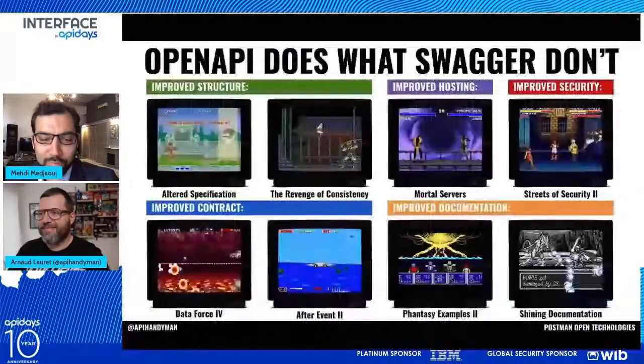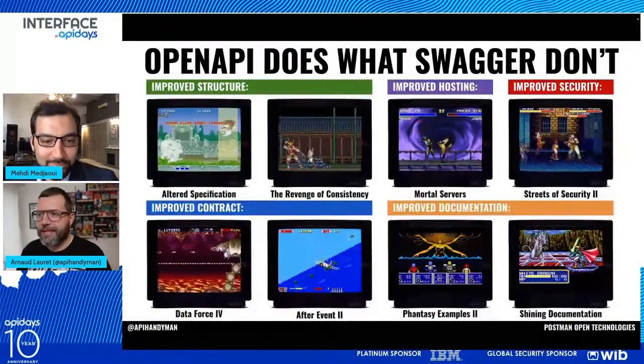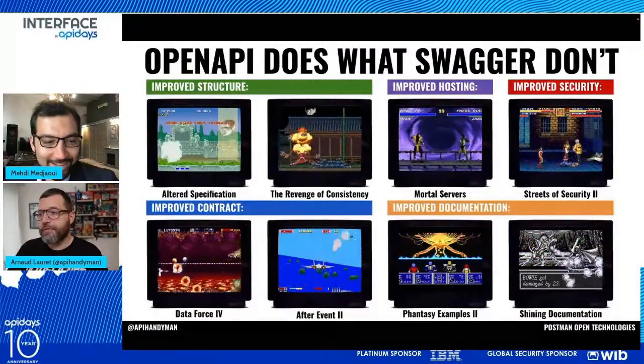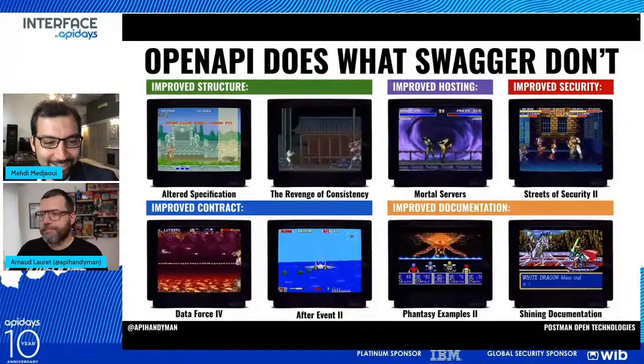So now we'll have this discussion about Open API specification. Yes, but which one? We will have Arnaud Loré on stage talking to us about Open API 3 does what Swagger 2 doesn't. Actually, is the word Swagger still allowed to pronounce, Arnaud? No, you have to put 10 euros in the Swagger jar.